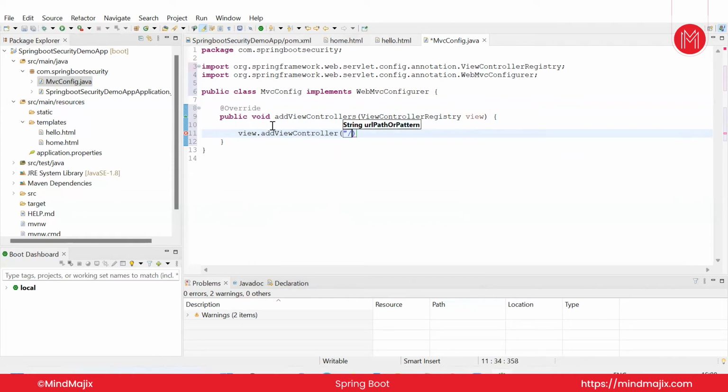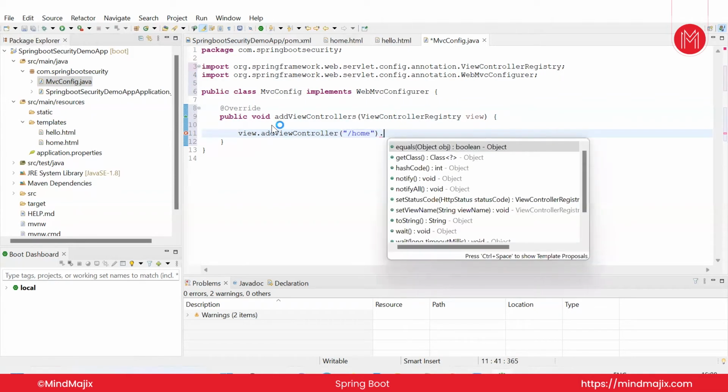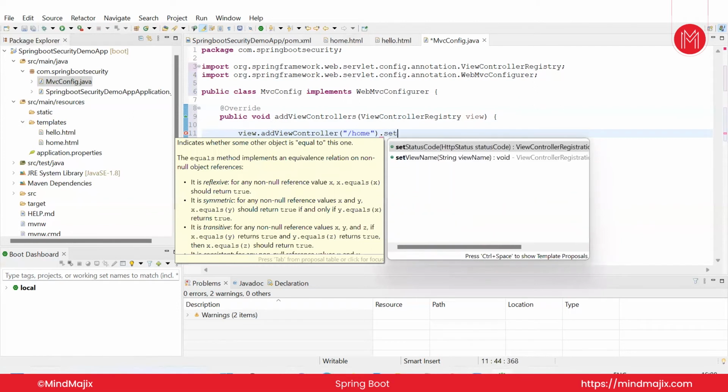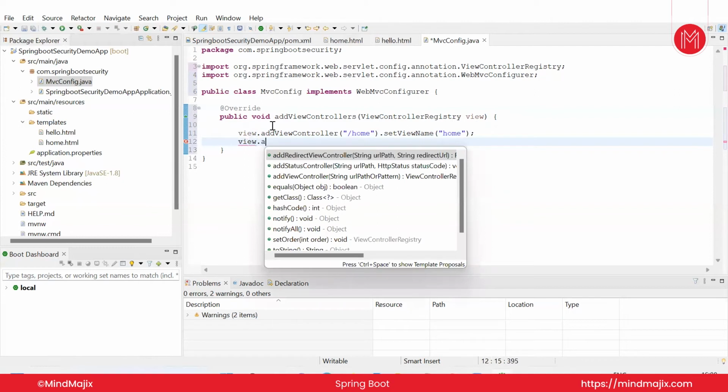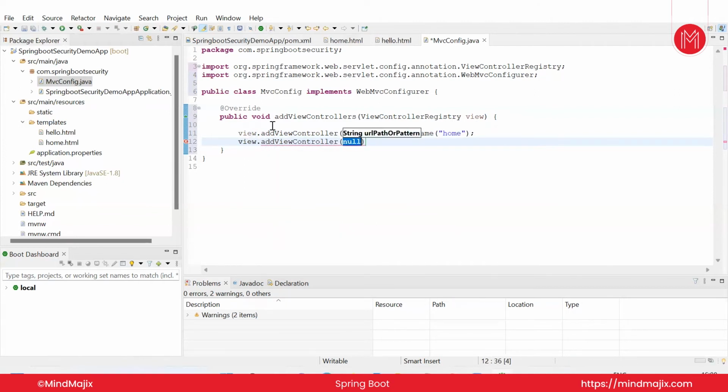So the path is, in case it is slash, or in case it is home, the home page, then it needs to set the view name. The name is home.html. In the same way, view.addViewController. Here we need to specify slash